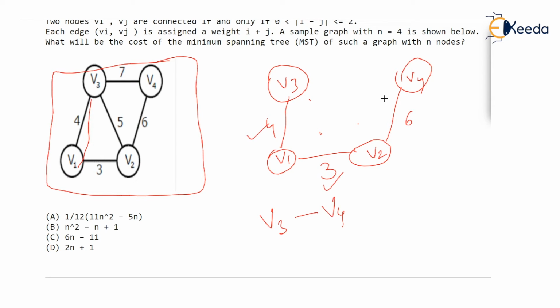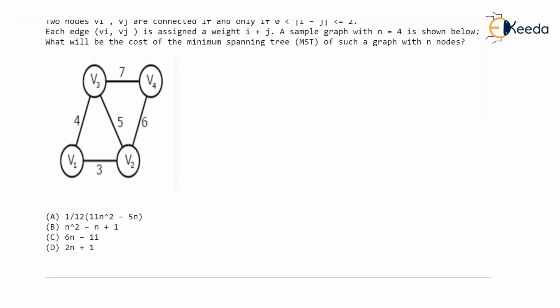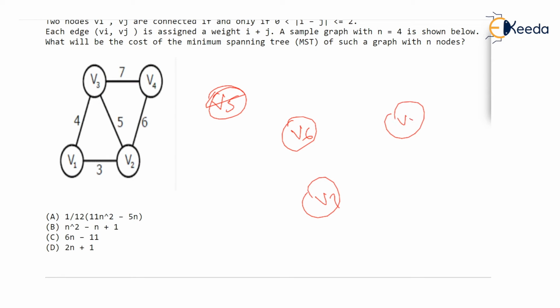Are you understanding? But now they have said that the graph has 10 vertices, n is 10. And what will be the cost of the path from V5 to V6? There is a vertex V5, V6, and such V7, V8, V9, and V10. So many vertices are now there. Now don't waste your time by drawing all the edges. First of all, if you add V5, then V4 and V5 will be connected with 9, and V3 and V5 will be connected with 8. And now you just talk about V6.